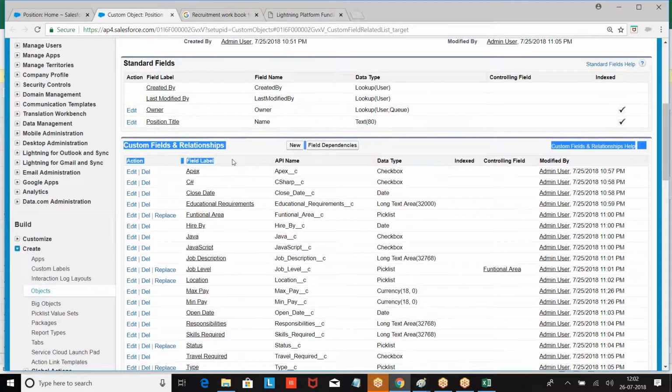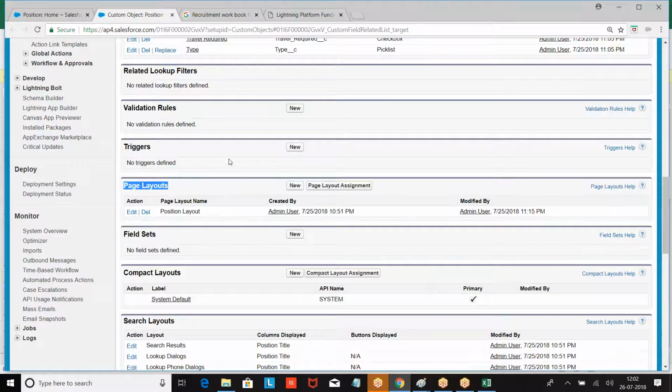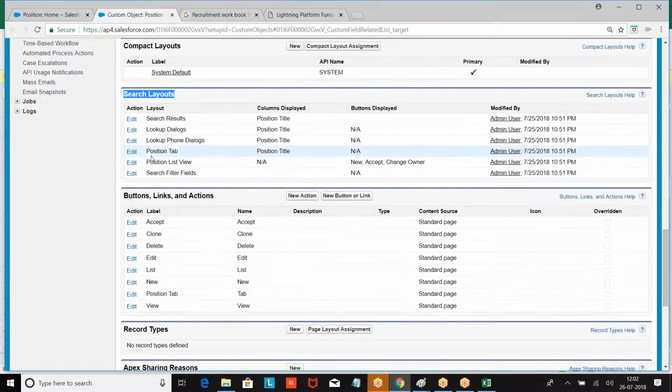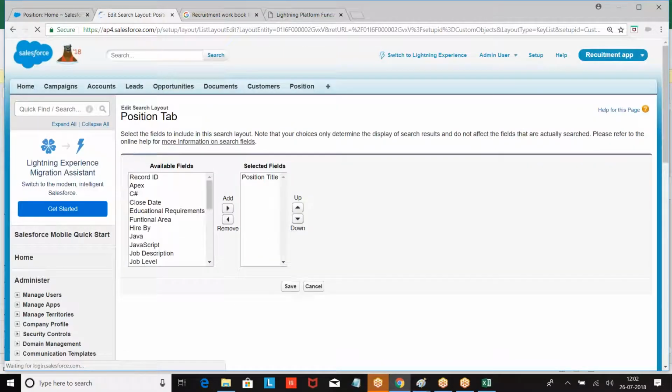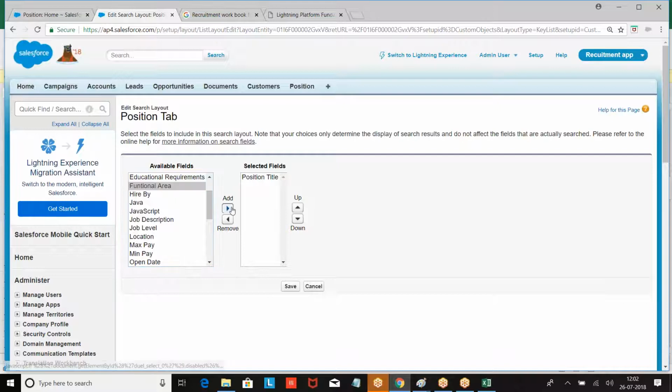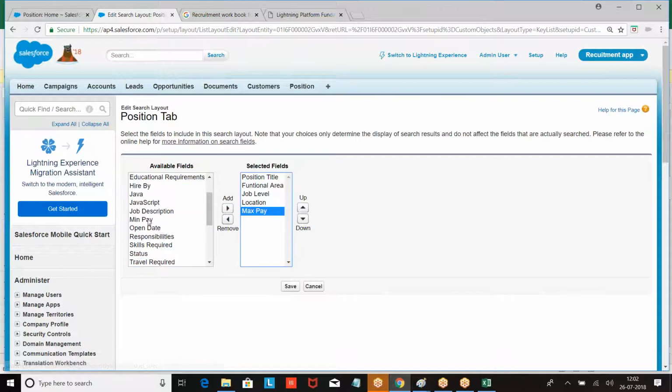When you scroll down, custom fields, page layout, we scroll down, what are you finding here? Search layout. In the search layout, what are you finding here? Position tab. When you click on the position tab, which field should be displayed? Position title, functional area, job level, location, max pay.